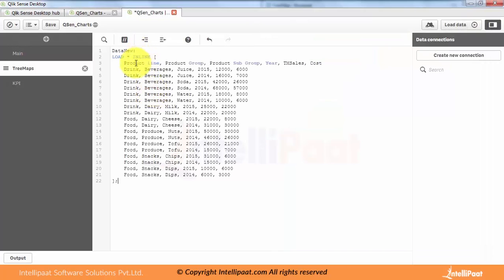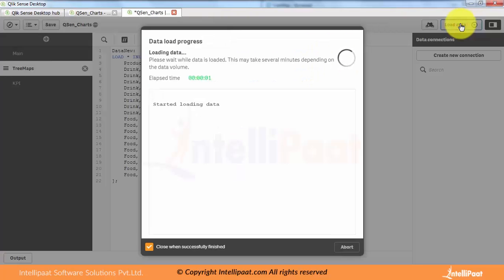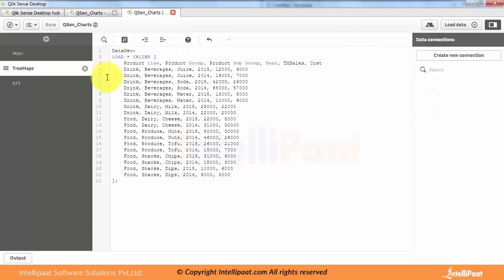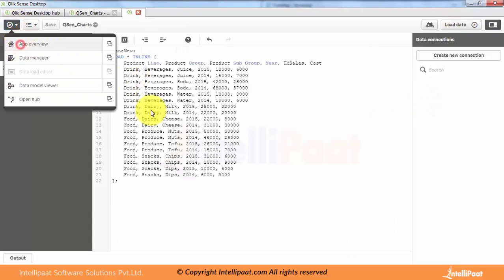So here I have one dimension as product line, the second dimension is product group, the third dimension is product subgroup, and the fourth one is year, and I have sales and cost as the measures. So load this data. It started loading the data. Right, it is loaded now, and you can go to the app overview